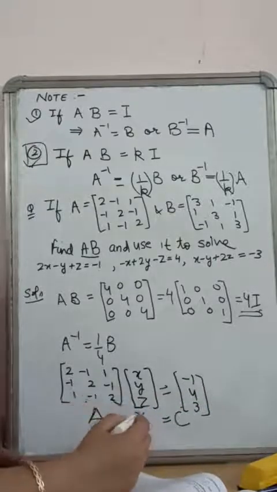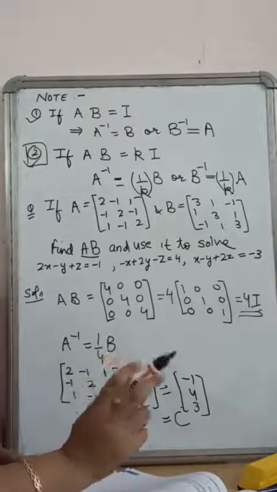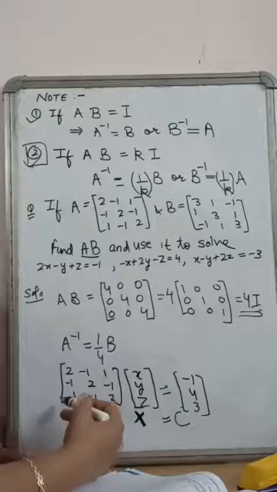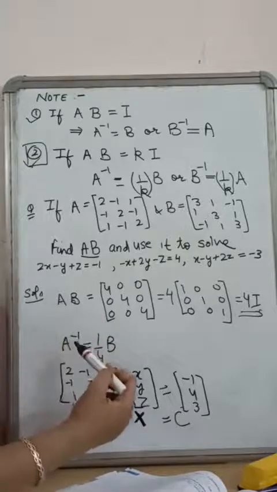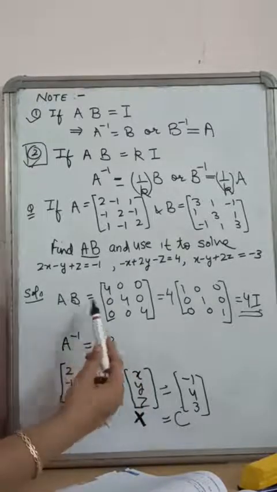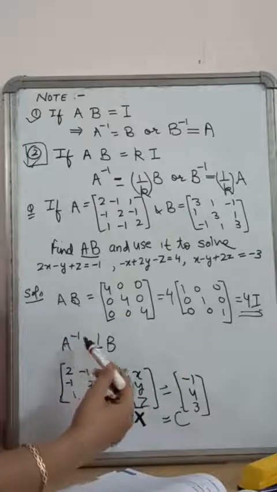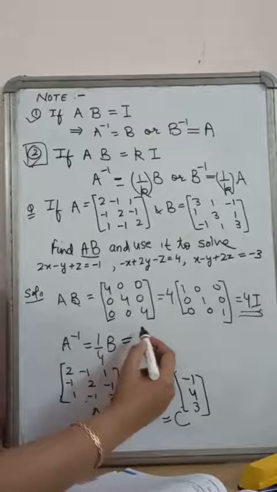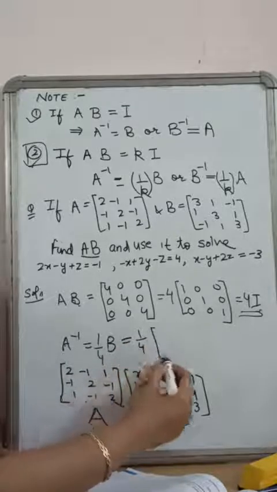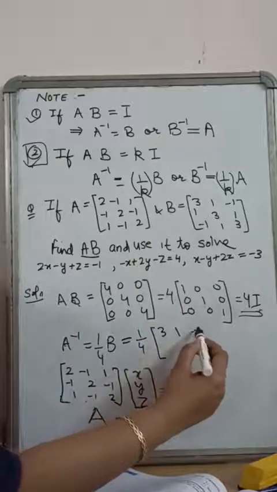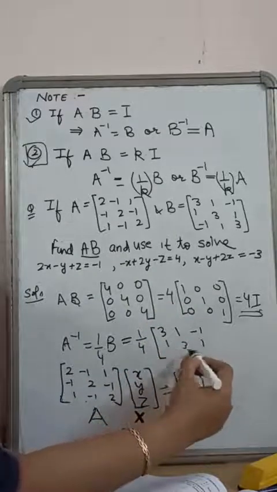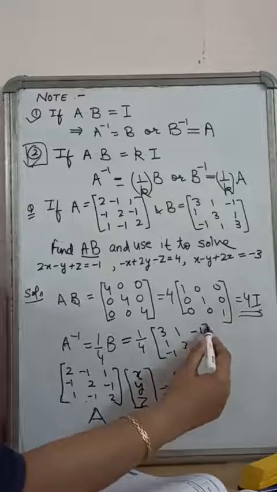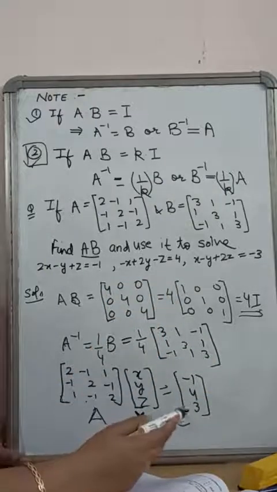the inverse. As you know, the solution is X is equal to A inverse C only when determinant is non-zero. So first of all, we have seen that A inverse does exist as AB is equal to 4I. It means A inverse is 1 upon 4 B. So we need not find it. We can directly write 1 upon 4 B matrix over here, 3, 1, minus 1, 1, 3, 1, minus 1, 1, 3. Now you substitute this inverse over here.